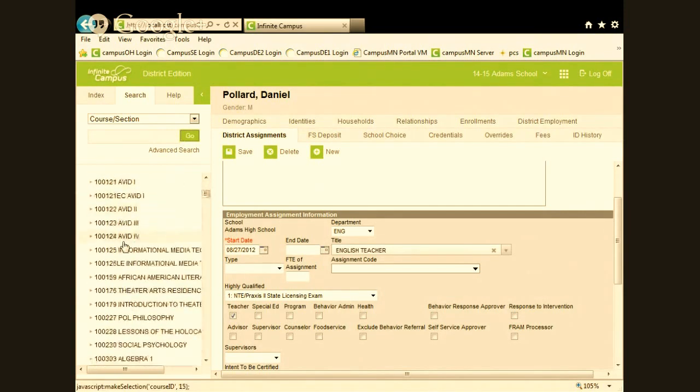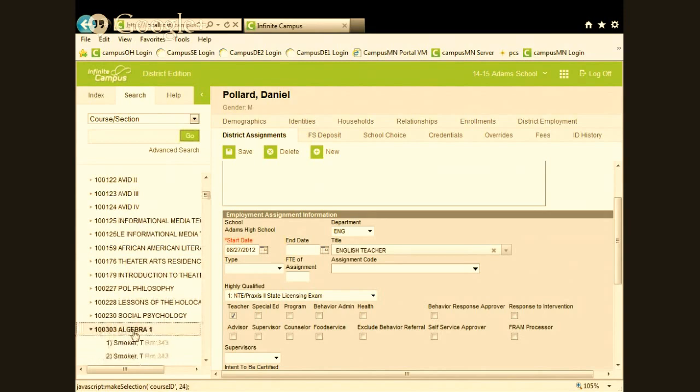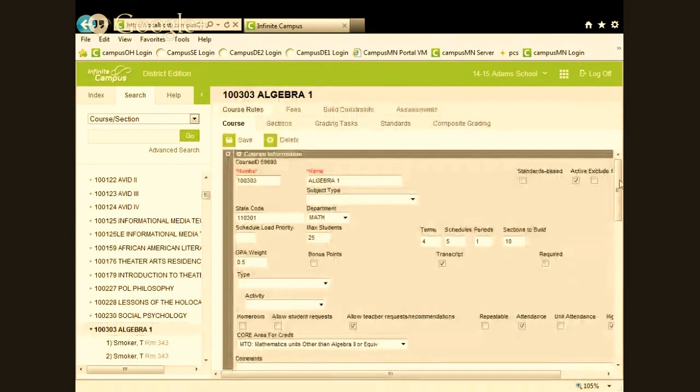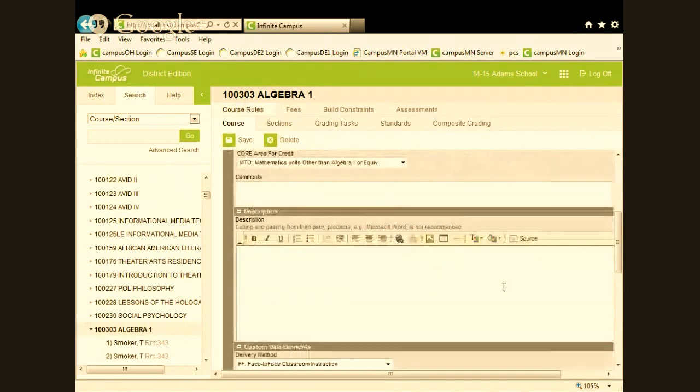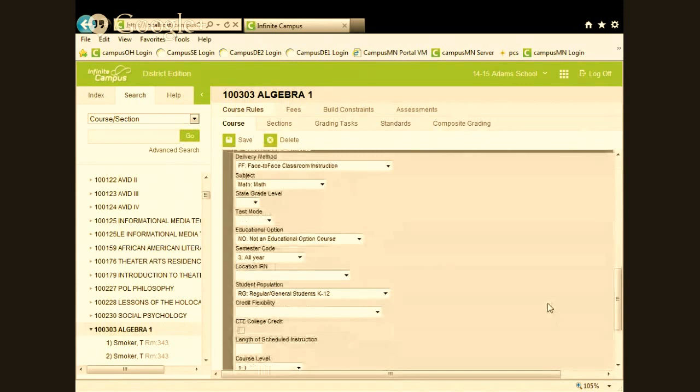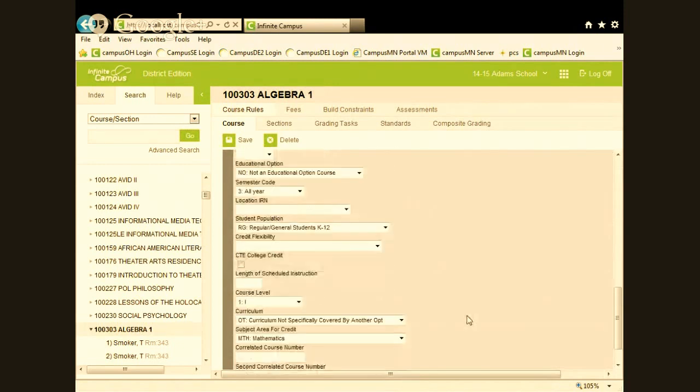So let me just pick on Algebra 1. When I look at the course, if I scroll down, you'll see the things that are applicable for Ohio. Your delivery method, your educational option, your subjects, those are all based and then pulled.